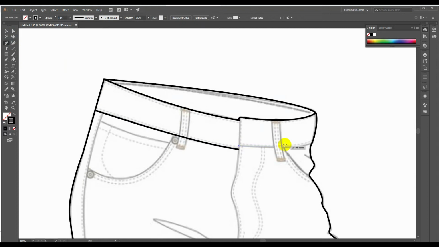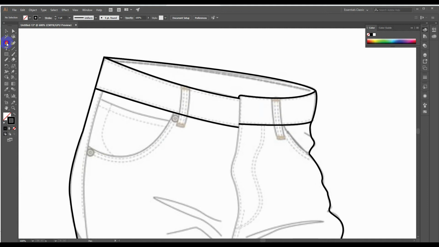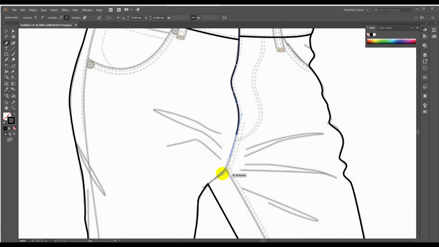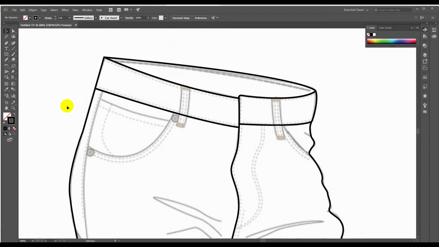I am again going to take the pen tool like this. Okay, then we have this center front line, it is a curve, so I am just going to drag it this way, like this, and I am going to end on the joint. Deselect it. We can create this side pocket. I'll just take the pen tool, click here. I can directly click here and drag it in the direction where we want to have the curve, like this. Same way for the other pocket, like this,